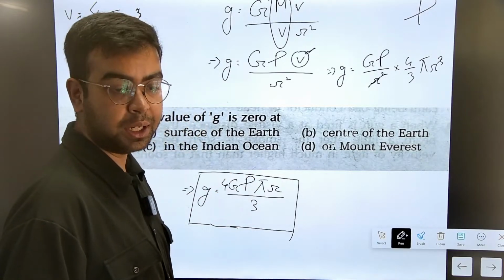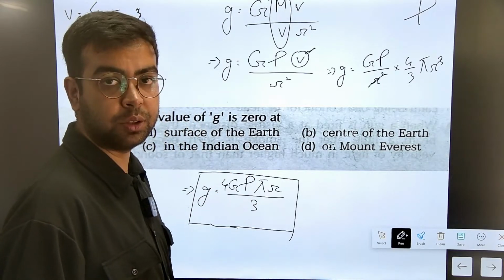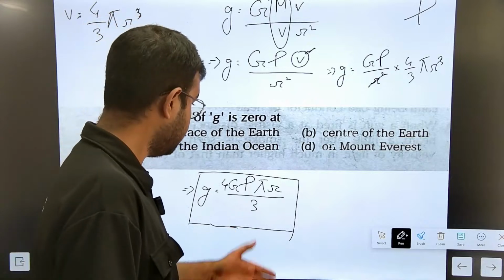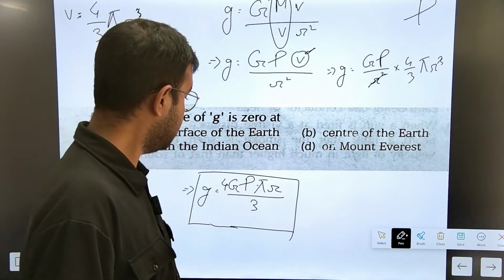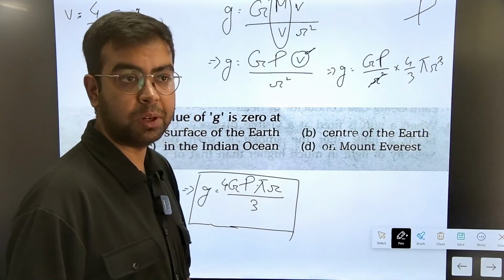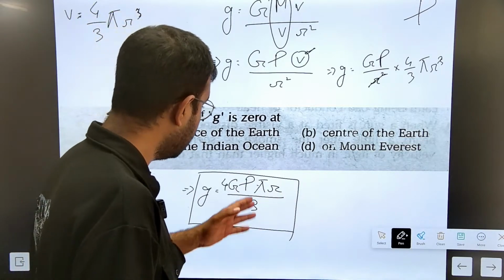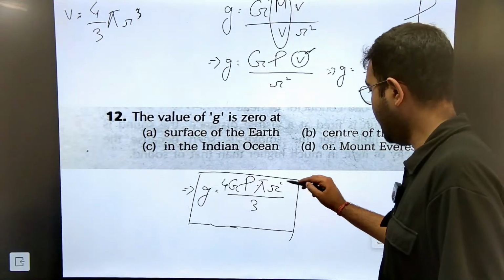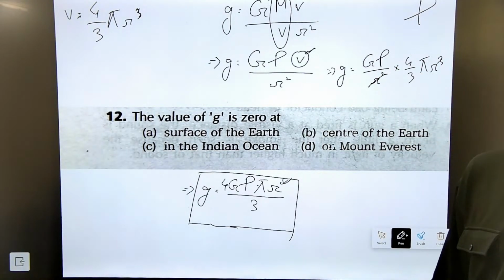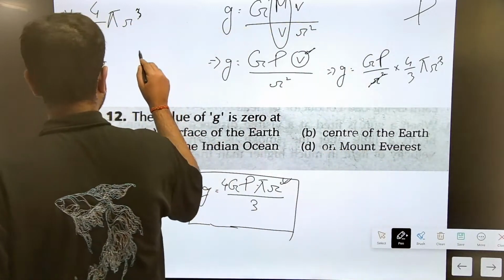Rho is the density of the earth. Of course, density of the earth cannot become 0. अर्थ खोखला तो है नहीं. Then we have pi. Pi का भी एक वैल्यू है. 4 and 3 are normal natural numbers. Now, the only value that can be 0 is the distance or r. ठीक है? अभी ये 0 कब होगा? That will be 0. We are taking the distance.